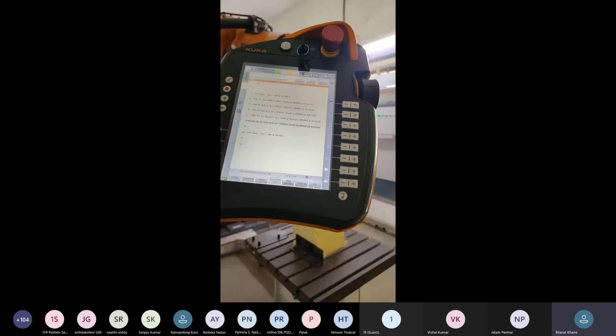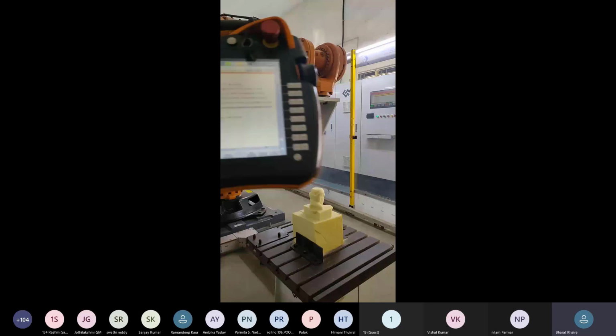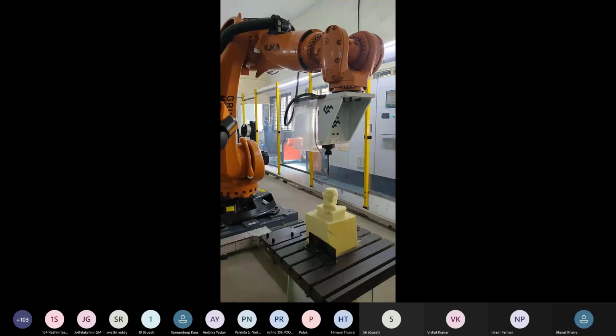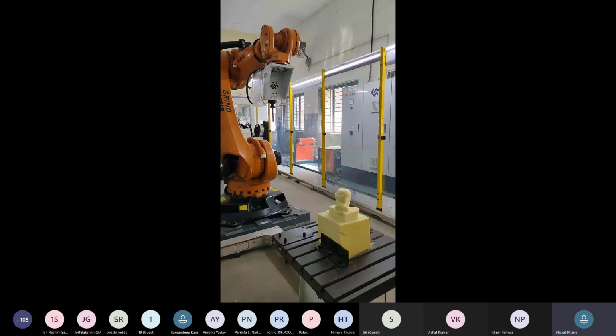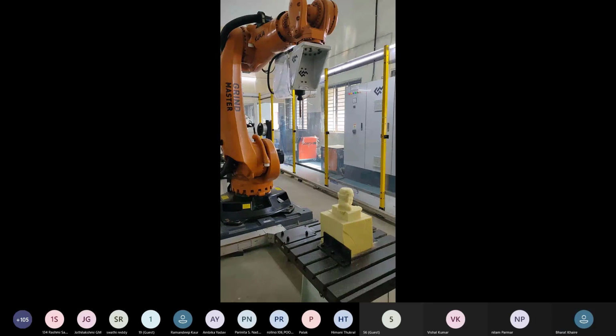Okay. So we can check this first PTP point. We can also copy and paste here. We are checking in manual mode. This is our first point, PTP home. Then it is a PTP point, point to point.